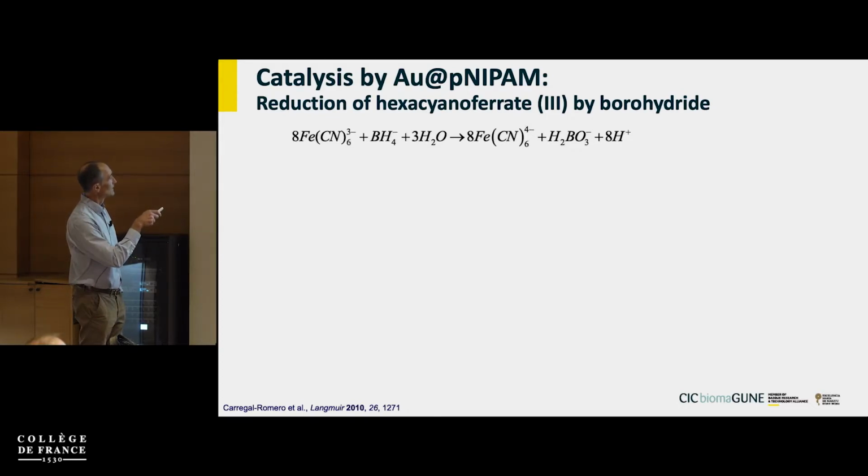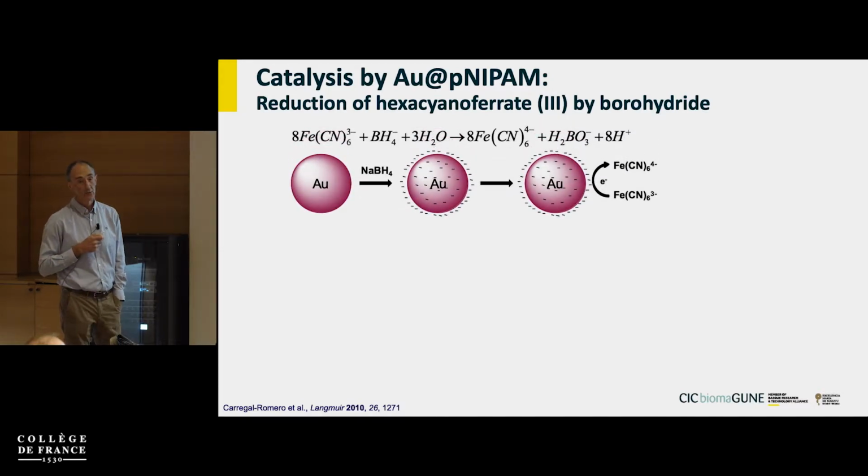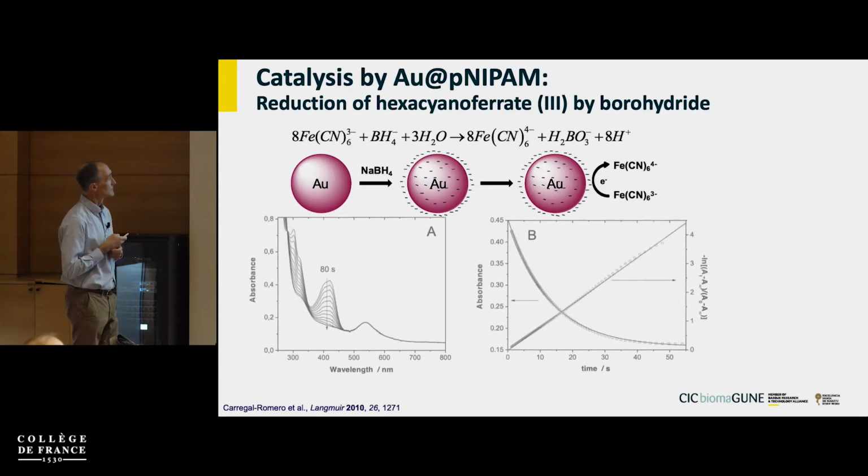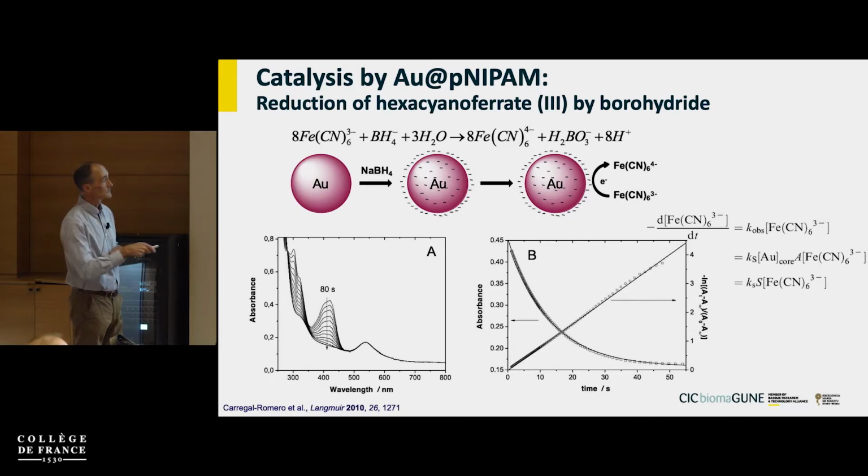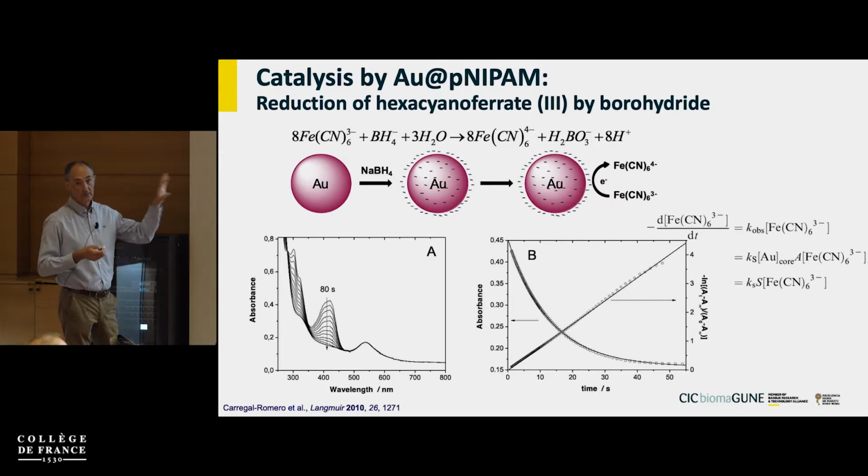So here we have a reaction where sodium borohydride should be able to reduce ferricyanide into ferrocyanide. But if you try to do this in water, it's extremely slow. It takes even days, and it's a zero-order reaction. However, if you do it in the presence of even spherical gold particles, the particles act as an electron transfer mediator and catalyze the reaction. So it becomes much faster and first order in ferricyanide. So now it's actually much easier to follow,